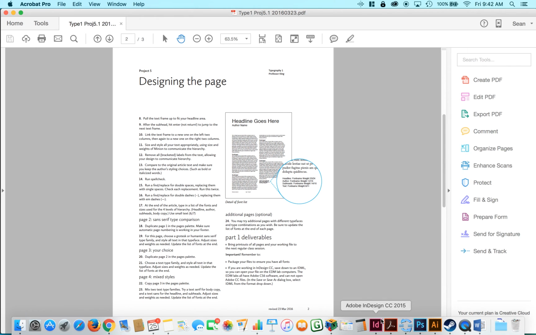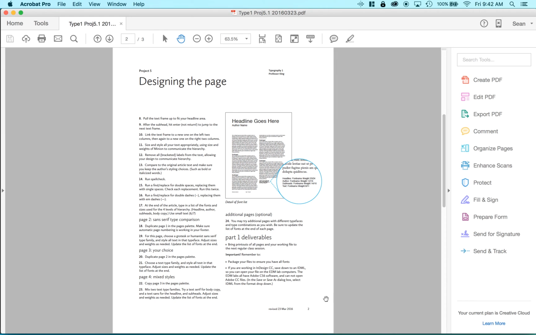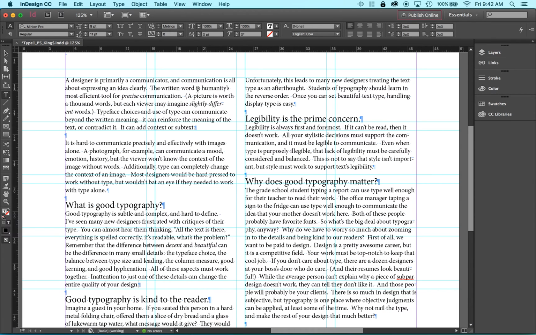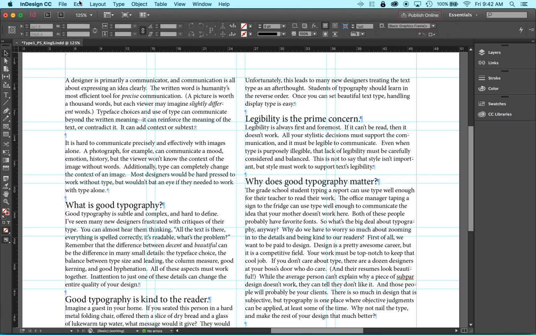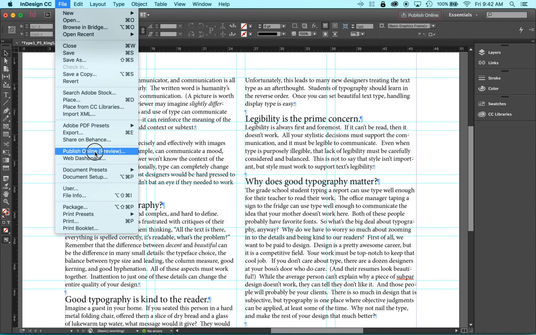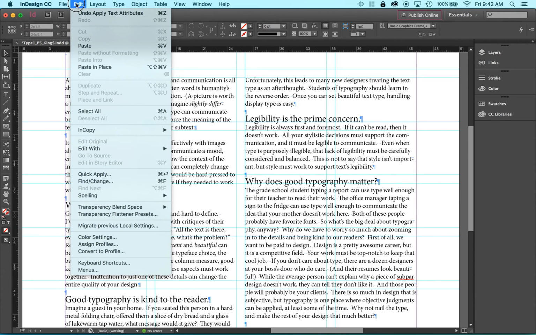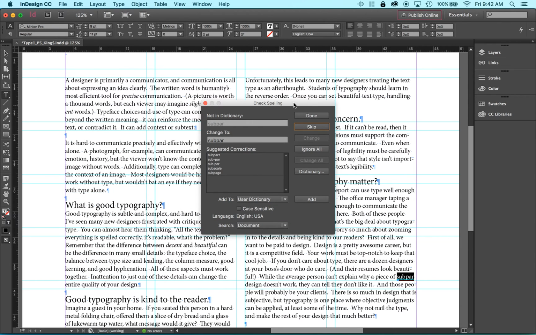Our next step, we need to run spell check. It's always, always, always your responsibility to proofread and make sure things are spelled correctly. Yes, it's the writer's job to spell things correctly in the first place, and yes, it's the proofreader's job to find errors, but it's also the designer's job to look out for these things. And it's very easy to run spell check. So if you go to Edit, Spelling, Check Spelling, it will just run through and